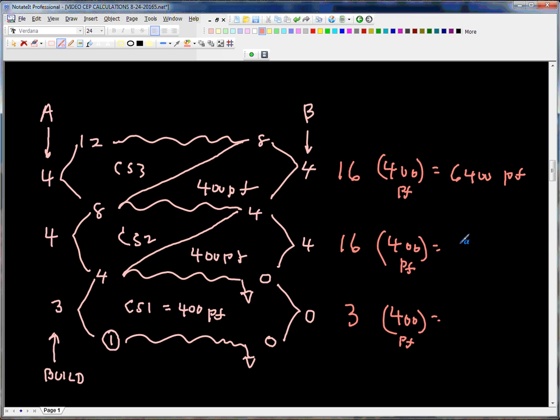This is also 6,400 picofarad. This is 1,200 picofarad. We add all of this up, we get 6,400 times 2 plus 1,200 equals